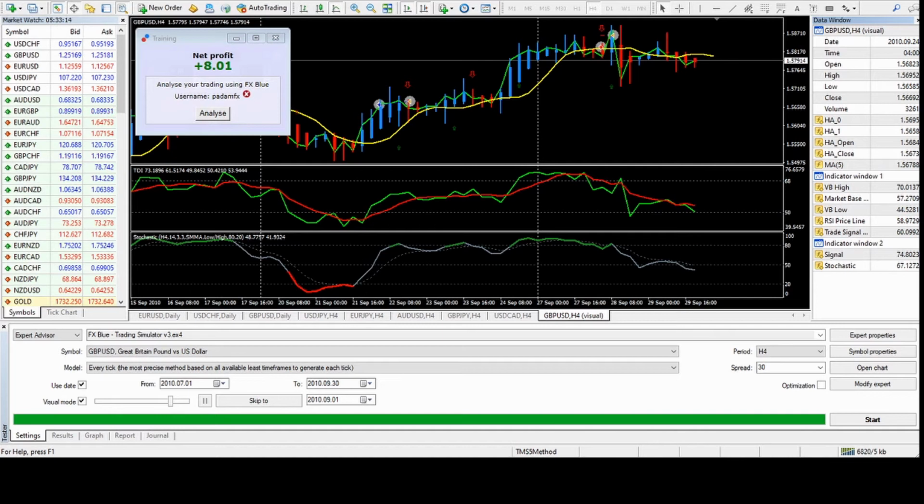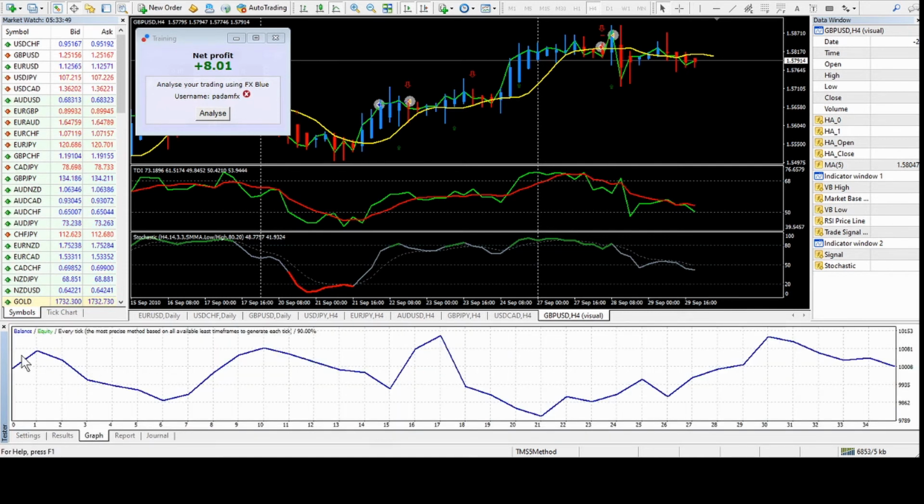Okay, so that phase is finished. This is from July to September 2010, and as you can see on the 4-hour, it made $8.01. This is not turning out to be so spectacular. Either I'm not trading it right, or it's just not right. So, looking at some of the stats, we got